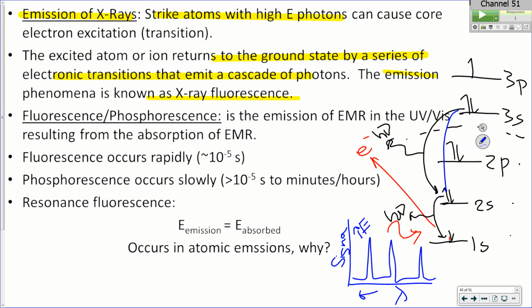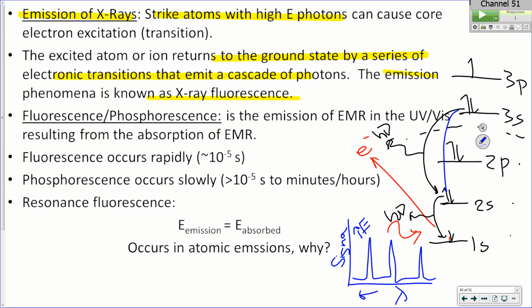Because the same way that if you look at the excitation events, even though we talked about how potassium and magnesium both have the same valence electrons, so this has a 3s1, this has a 3s2, it's got two valence electrons in it, they have completely different spectra because the nuclear charge is different. The same thing associated with this. Each element's got a unique pattern associated with it.